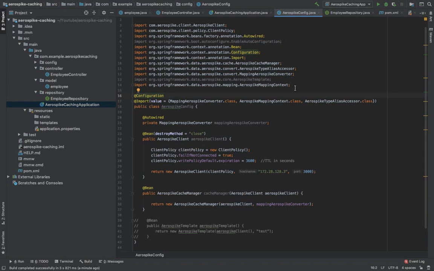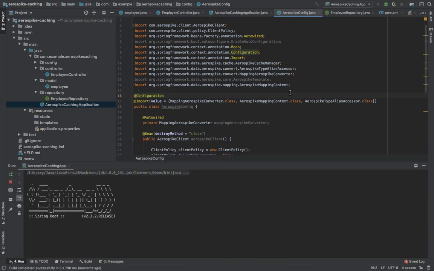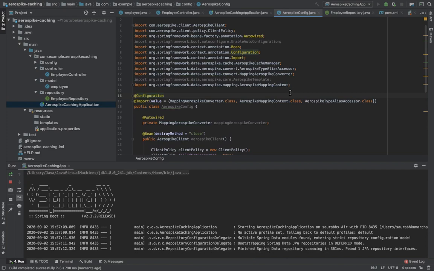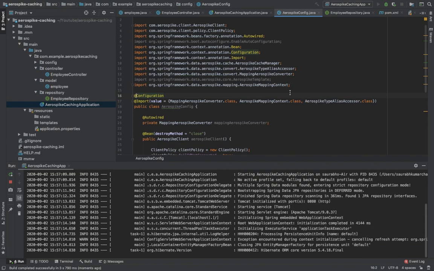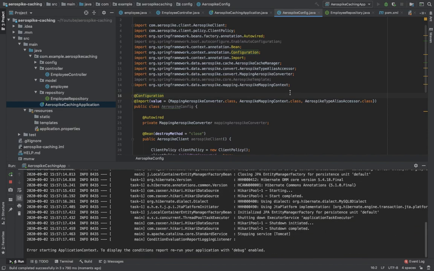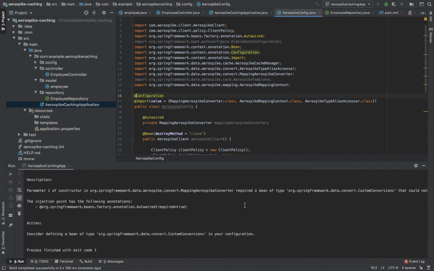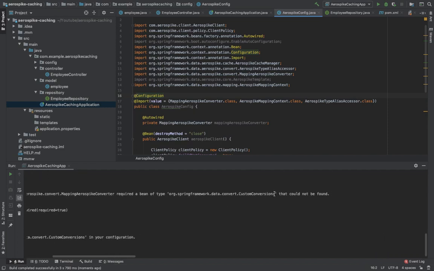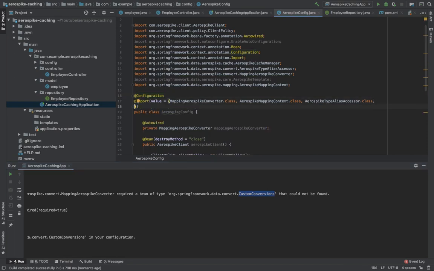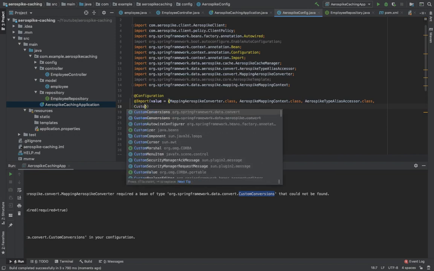Okay, so now let's run the application. Okay, we have one issue here. I forgot to import the custom converter, which will convert your API data while mapping. Keep a note that you have to import this class from the Aerospike package and not from Spring Data.